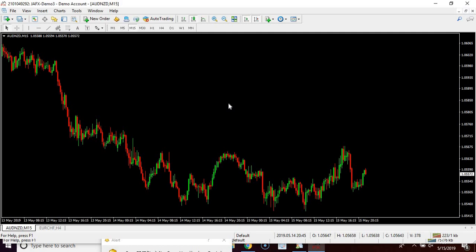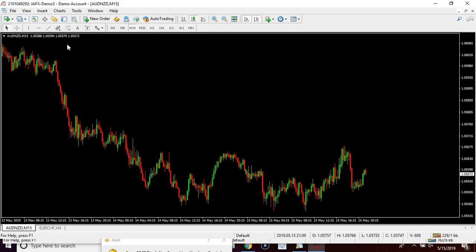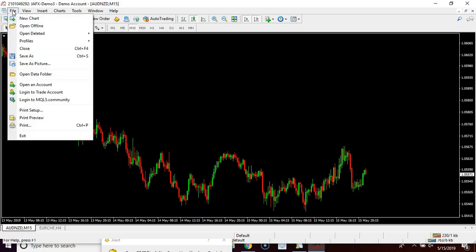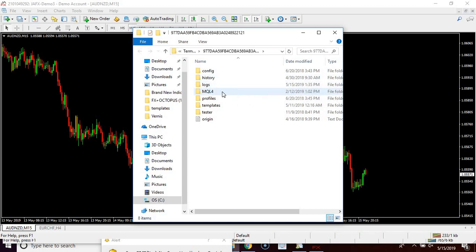Now, the next step is we're going to go into our file. And remember, if at any point you're confused, just please stop the video, rewind it back, go step by step, take your time. I'm going to go into File, Open Data Folder, and then you'll see MQL4. I'm going to double click,